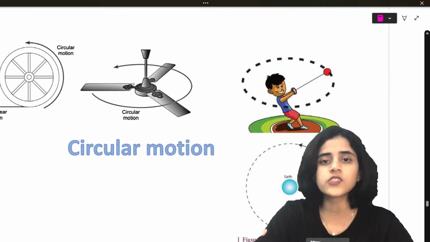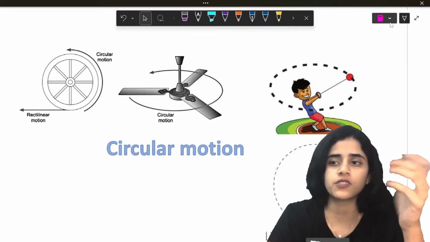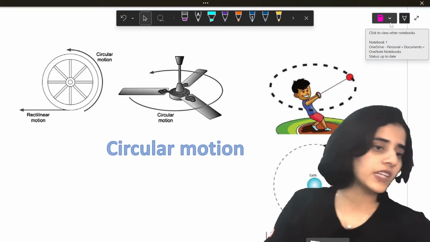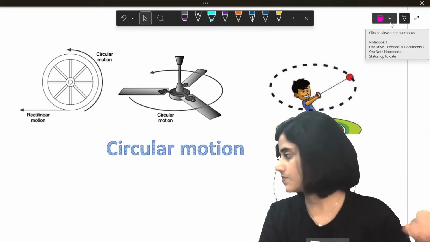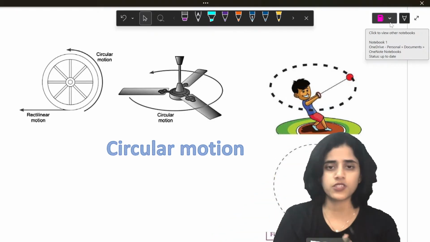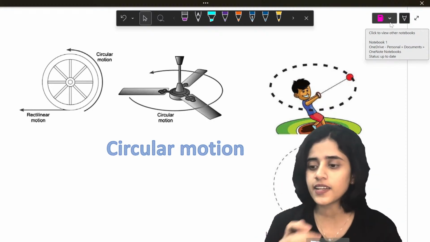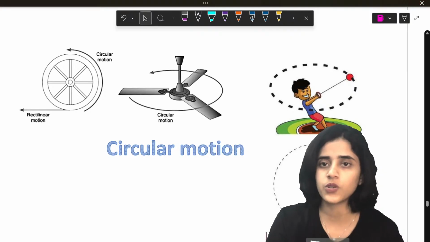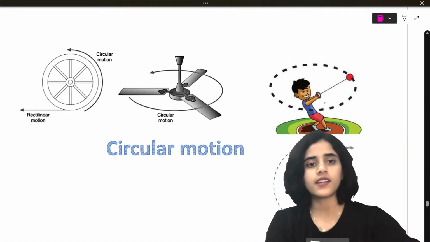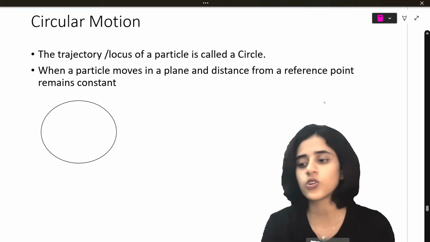Now last topic of the day, which is circular motion. What is circular motion? So if I have this and I'm rotating it like this. Let's say I have a wire. I don't have a wire that I can rotate now. If I have a wire and I just rotate it like this, that is circular motion. So I have a point and it's rotating like this, like your fan. Anything that rotates like that is circular motion. Your fan, this child rotating it. Anything that rotates along a particular axis is called circular motion.